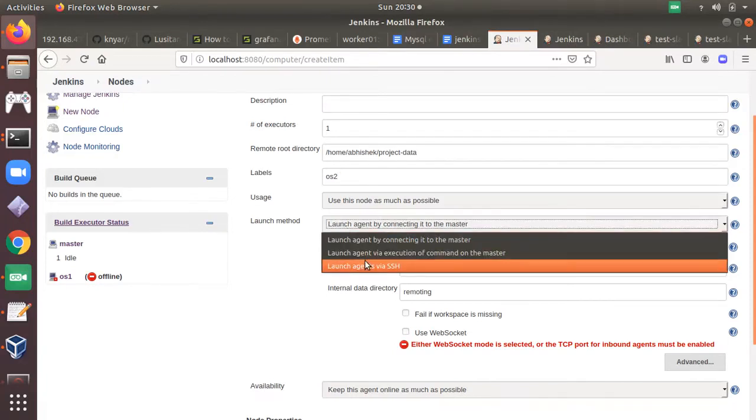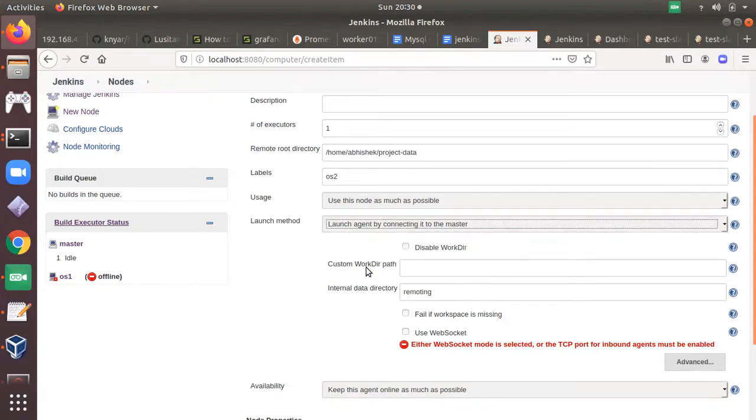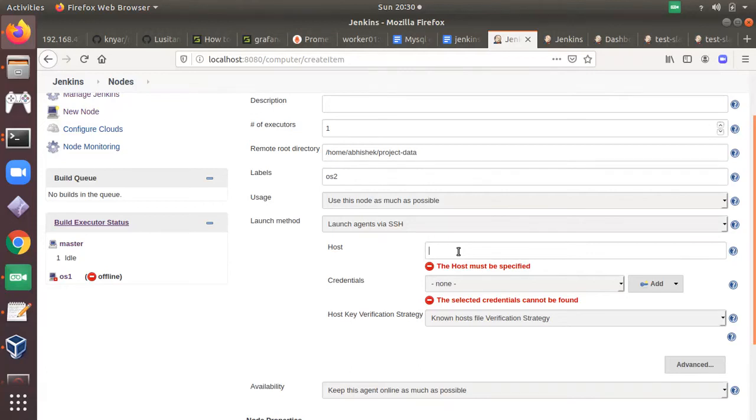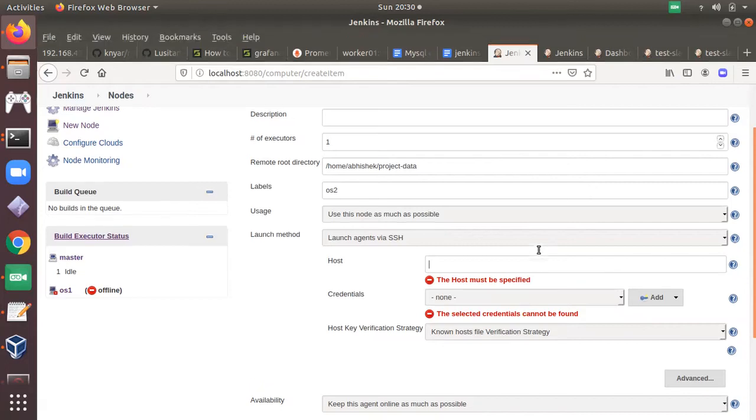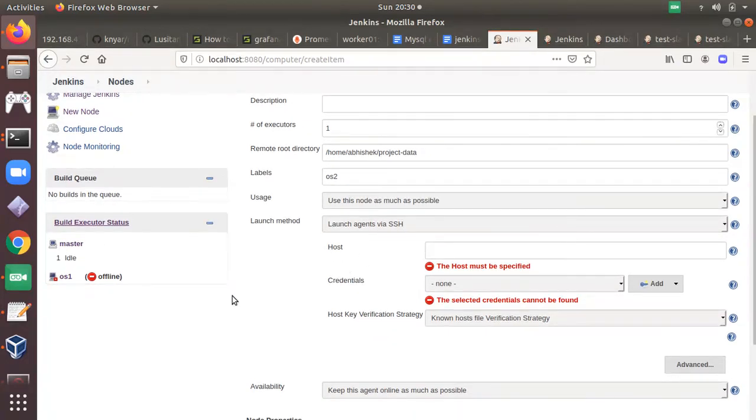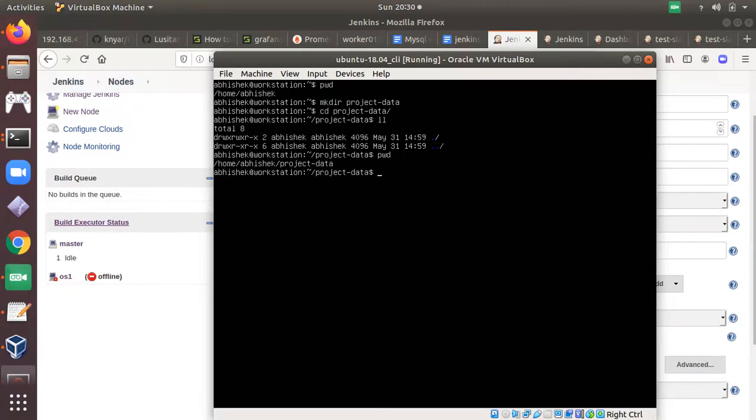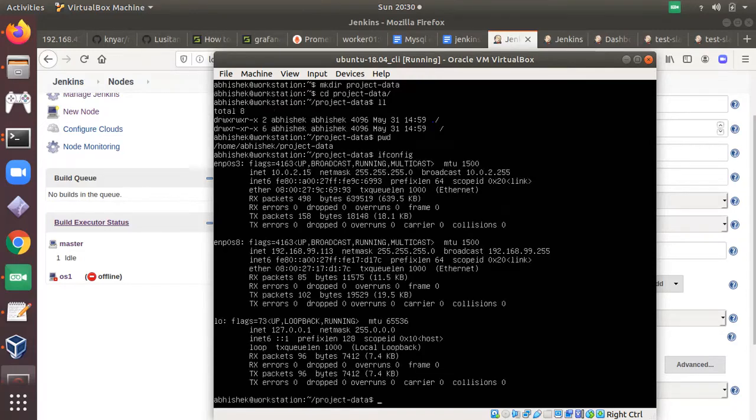For the launch method I am going to use launch agent via SSH. So my host name is, sorry, the host name is the IP address. So let me check the IP address. So here it is 192.168.99.113.